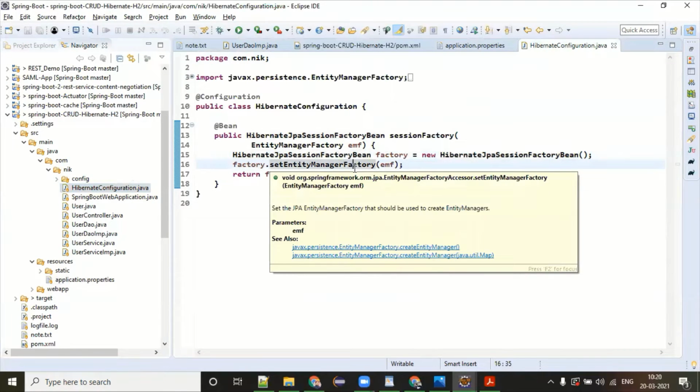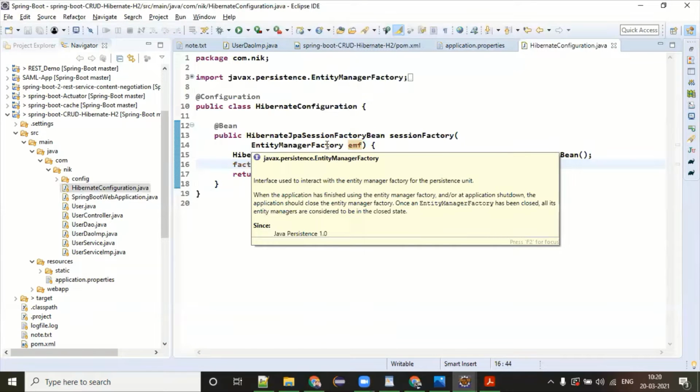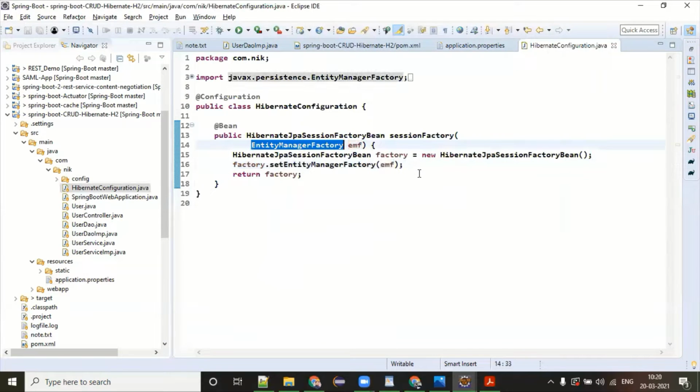So Hibernate configuration, if it is a Spring based Hibernate, then you have something called Hibernate JPA Session Factory. I have explicitly defined one bean of this class, and under this I have set one entity manager factory.